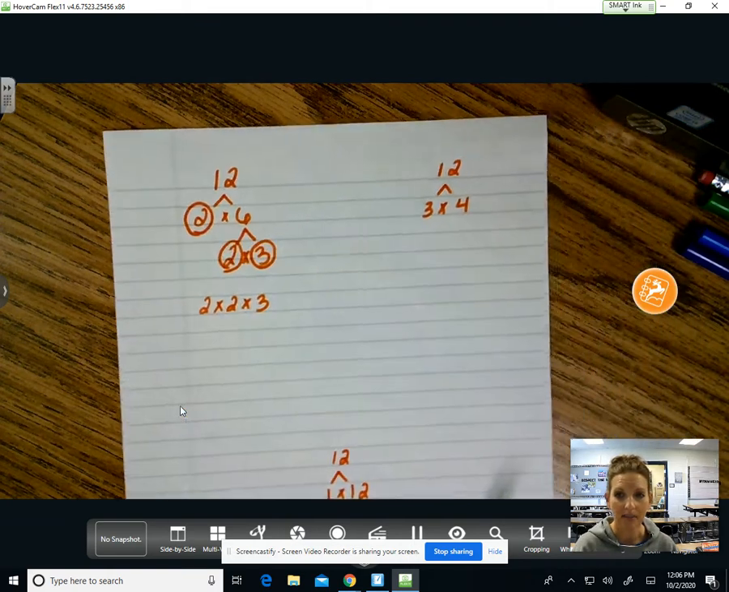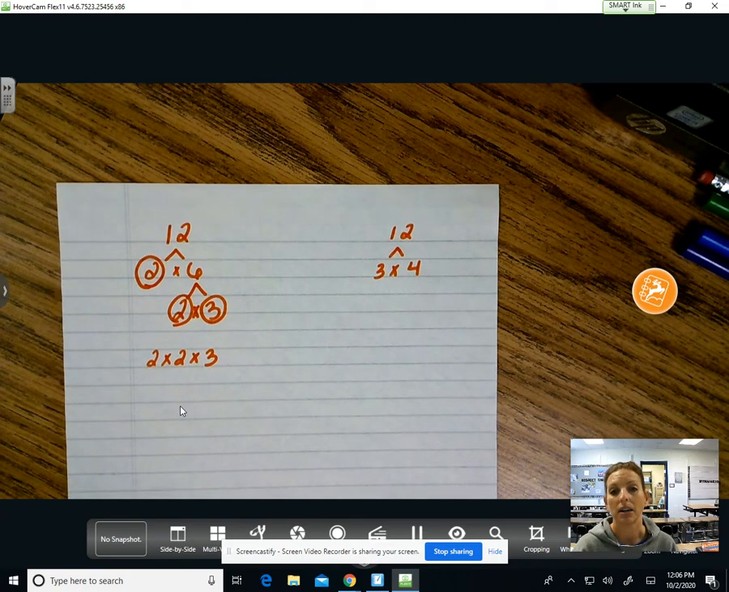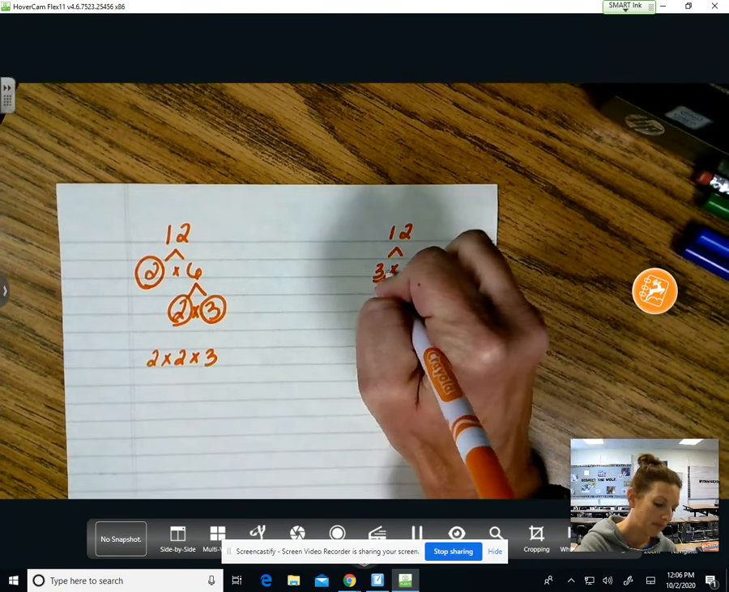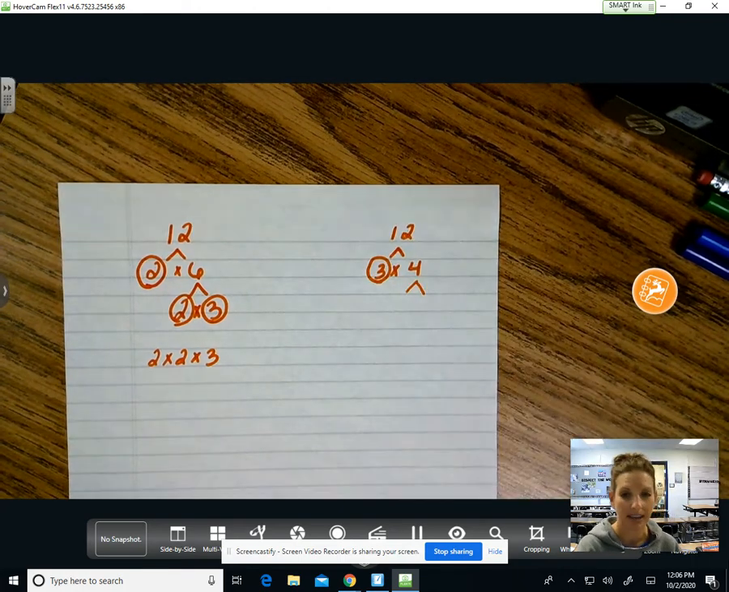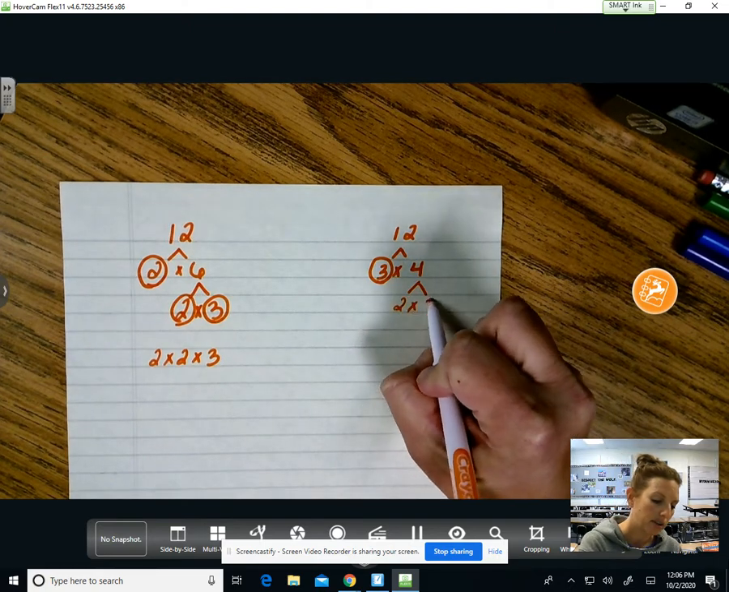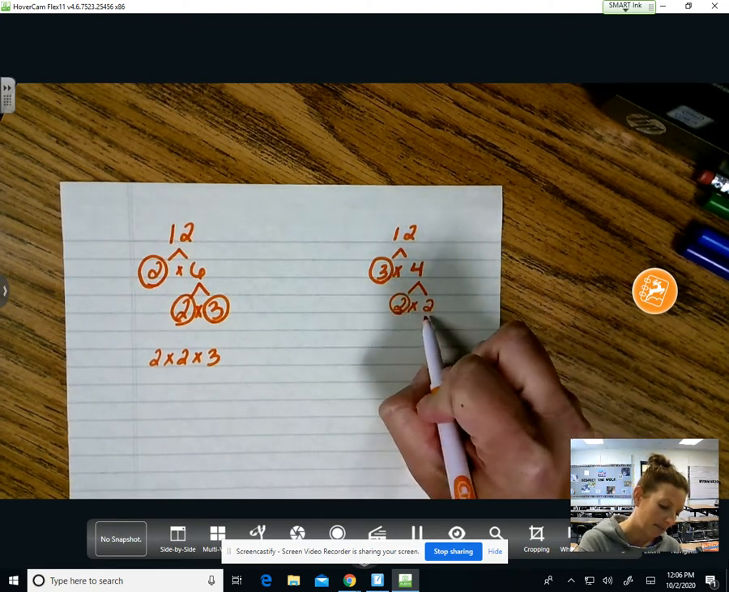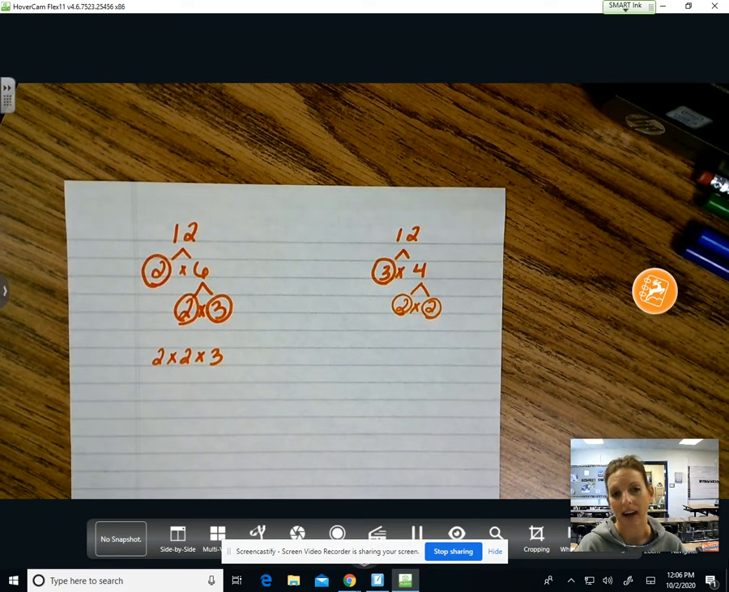So if I look at my next one here, I can do 3 times 4 to get 12. So I know 3 is prime, 4 is not, so I have to think of two factors I can multiply to get 4, and I'm going to do 2 times 2. 2 is prime, circle it, 2 is prime, circle it, and then I'm going to write these factors in order